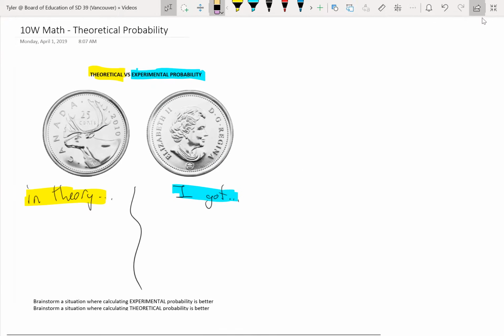All right, so this unit we're talking again about probability. Last time we did experimental probability. This time we're going to be working with theoretical probability, which is a little harder to calculate, but used in different kinds of situations. So just to remind you what probability means, usually we express it as